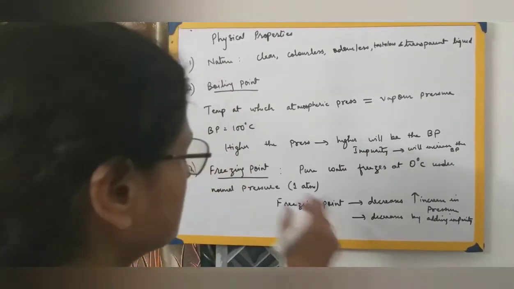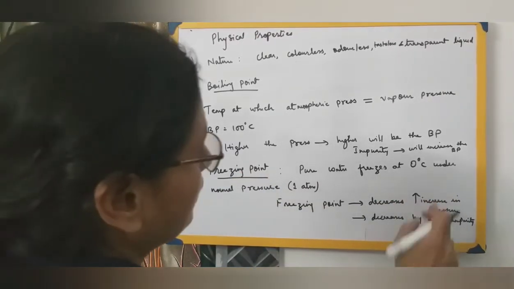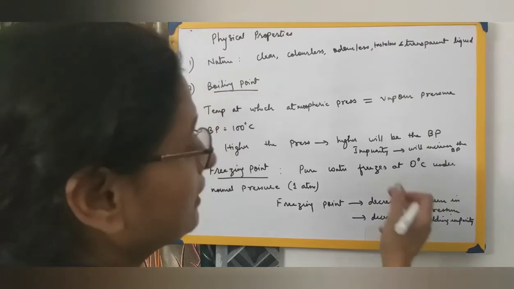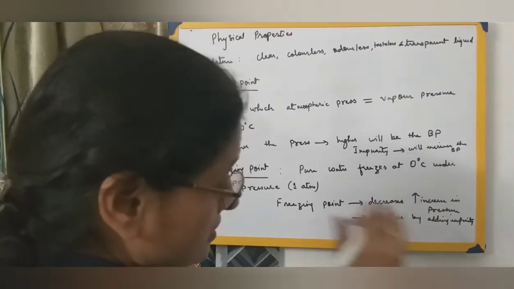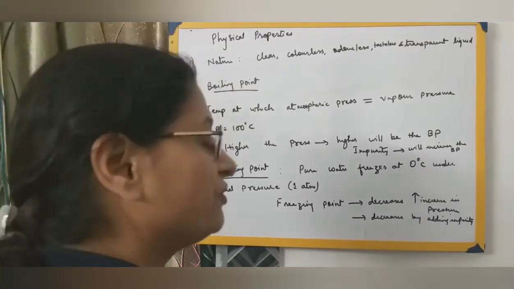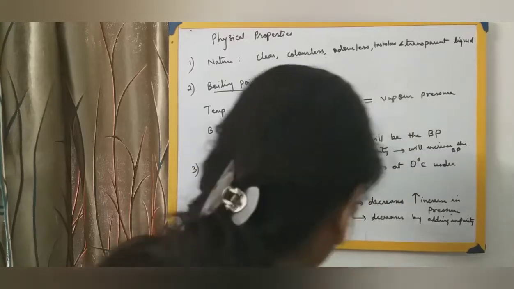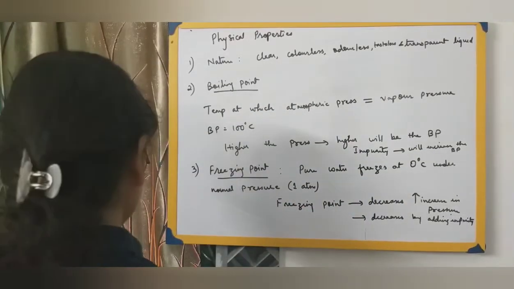But the freezing point is going to decrease with increase in pressure, and it will increase with decrease in pressure, just the opposite. And at the same time, if you are adding an impurity, then also we find that the freezing point of water is going to decrease. The next property,